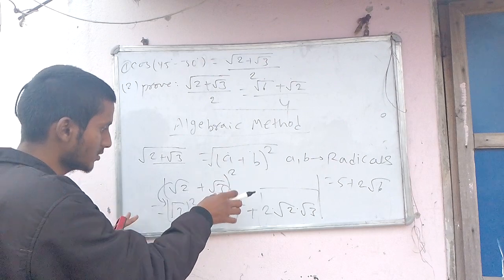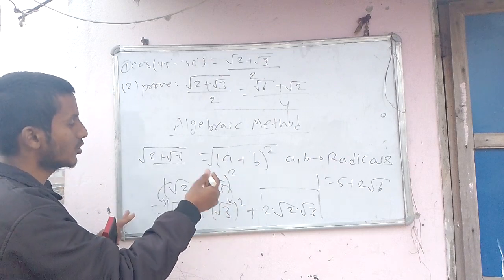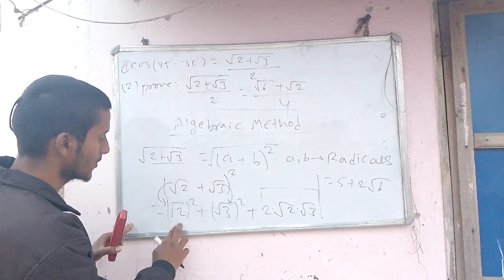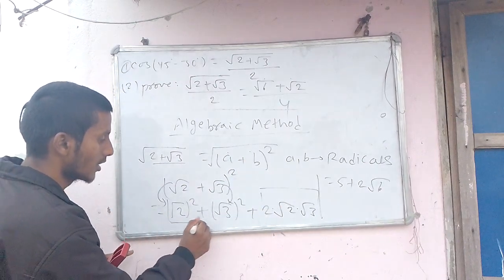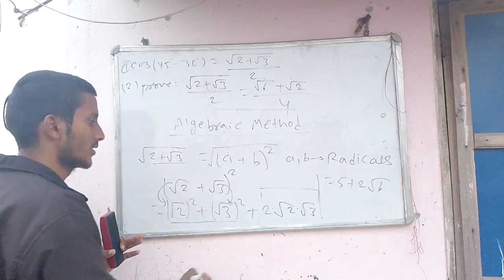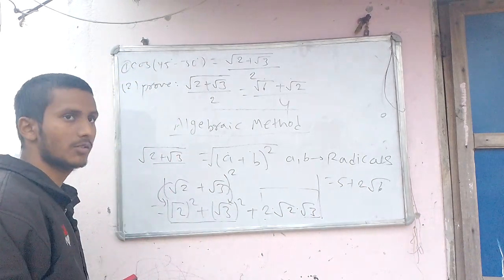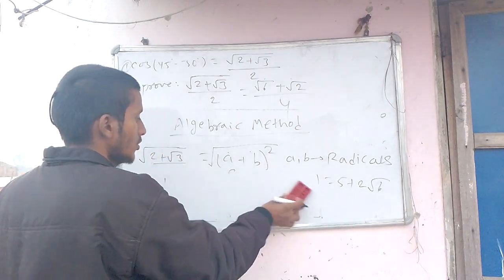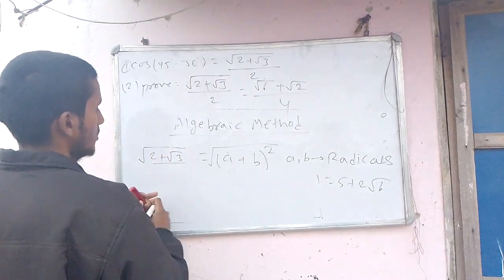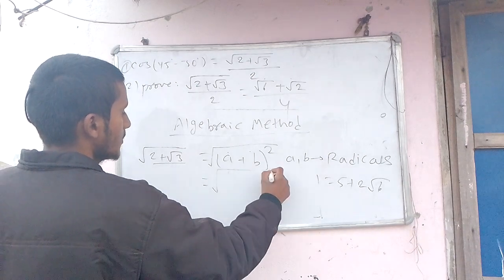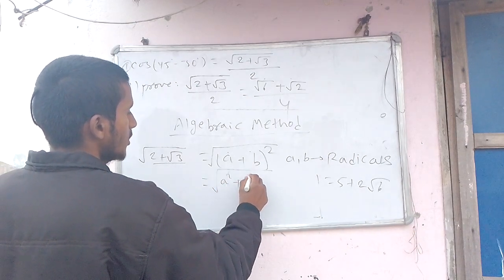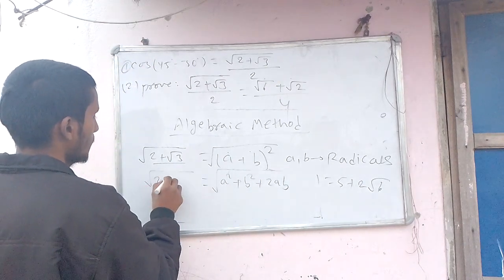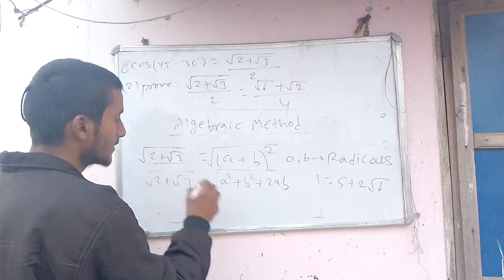So if we expand this, what is it going to be? It's going to be a squared plus b squared, and the a squared plus b squared will be a good number, and 2ab, this will be the radical. Does that make sense? So on the right hand side, this is going to be a squared plus b squared plus 2ab square root of 2 plus square root of 3. This is